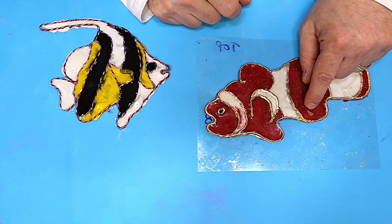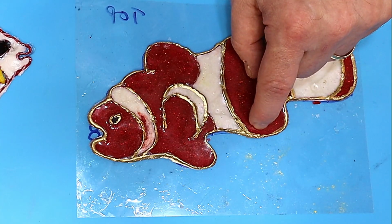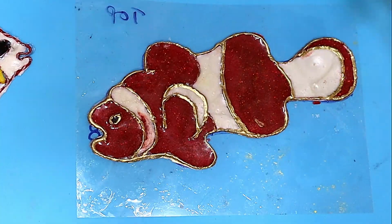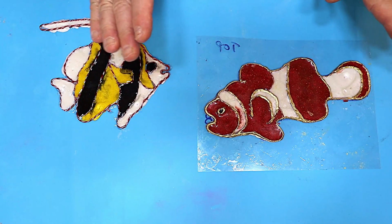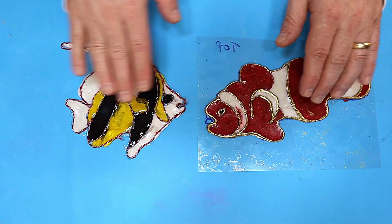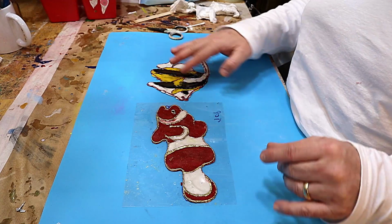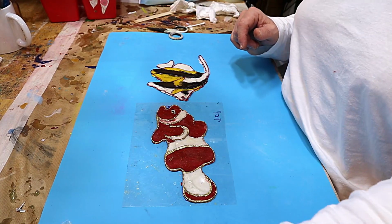Now, when I did the embossing, as you can see, I managed to emboss a little bit onto there, but I'm not too worried about that. I'd love to know in the comments which one you like the best. Do you like this one with the embossing on, or do you like this one with the string showing? I think it would be nice with some black embossing powder, but I don't have any, so...